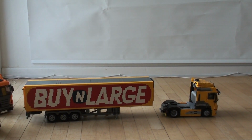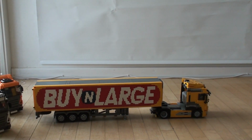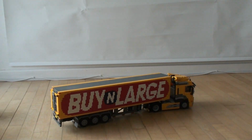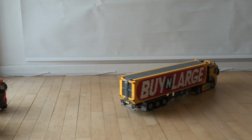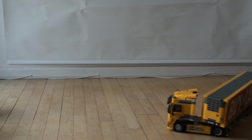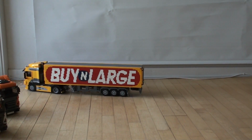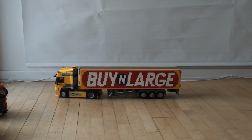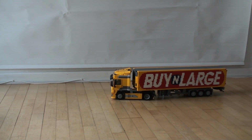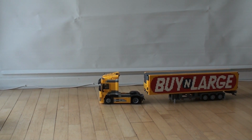Now let's see if I can put it on again without actually crashing into the Scanias. So reverse, and that's it. Pull the legs a bit out, like that, and we're off. So let's put it down again. Reverse in a somewhat straight line, a lot of power, and there we go. So legs are down, I drive off. It works fairly well,